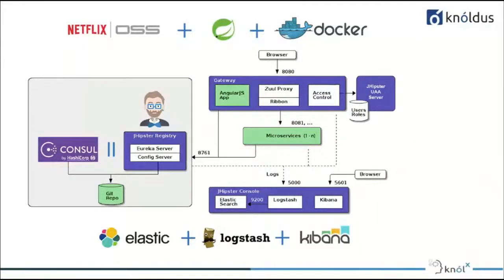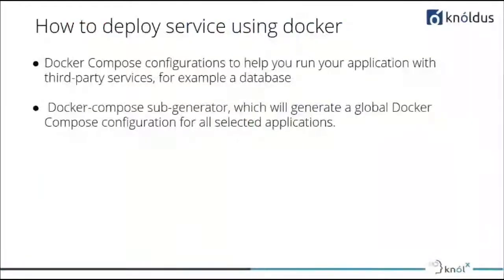Now we can see the JHipster console. So the JHipster console, what it does, it maintains the logging of our service. So if we hit our application, all the logs that are being generated are being monitored and can be seen through the JHipster console. So these are the applications, Elasticsearch, Logstash, and Kibana, used for doing that stuff. So we can deploy